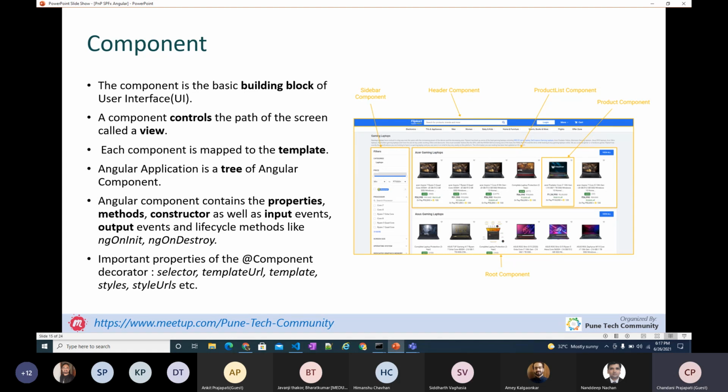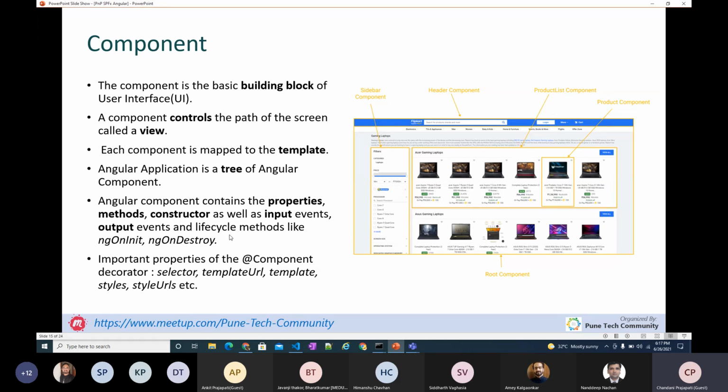So both are mapped with each other. And yes, an Angular application is a tree of Angular components. For example, on the Flipkart site, there is a header component, then a sidebar component, then a product list component, then a product component. So like this, it is a tree of Angular components.